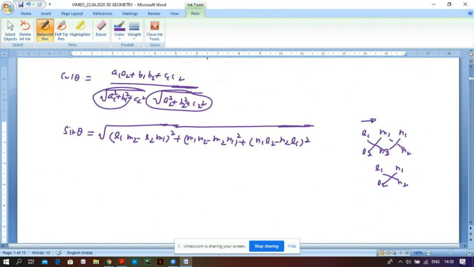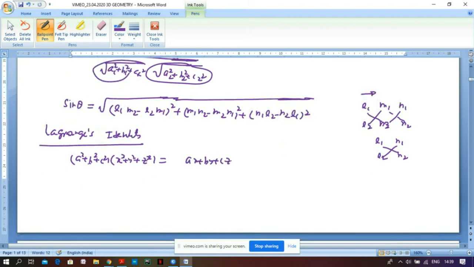And if you are worrying about how this comes up, there is a beautiful identity called Lagrange's identity. This identity says that a squared plus b squared plus c squared times x squared plus y squared plus z squared. So this is a sum of three squares, and this is a sum of three squares. This is a product of two numbers which are sums of three squares. And I can write it as